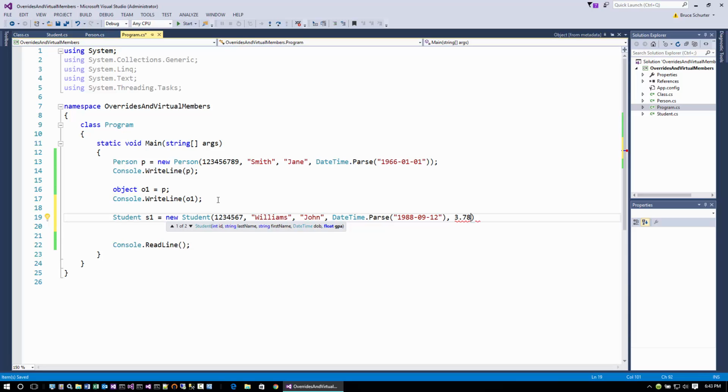And remember, if it's a float, we have to supply an F here, because otherwise the compiler will view it as a double. It doesn't matter if it's a lowercase or uppercase F. Either one is a sufficient or appropriate suffix for a float literal. Then we can create another student,